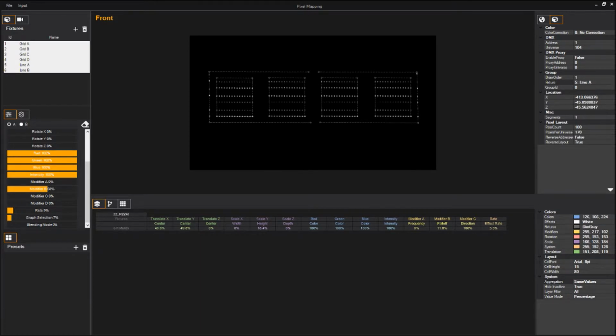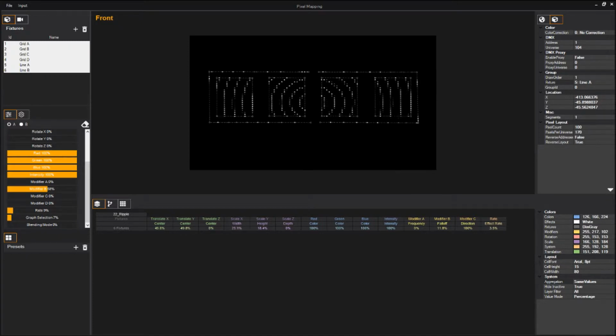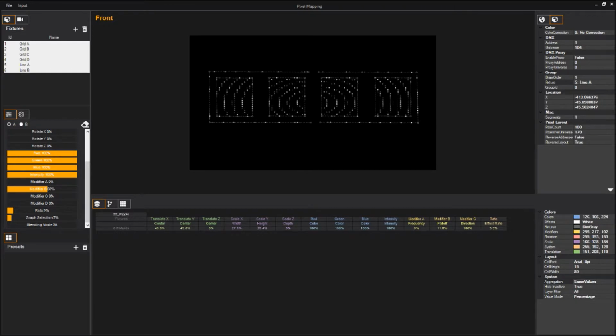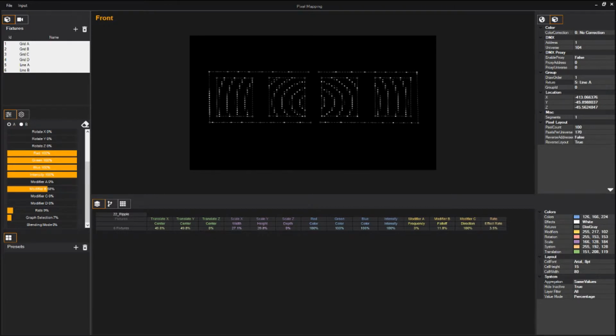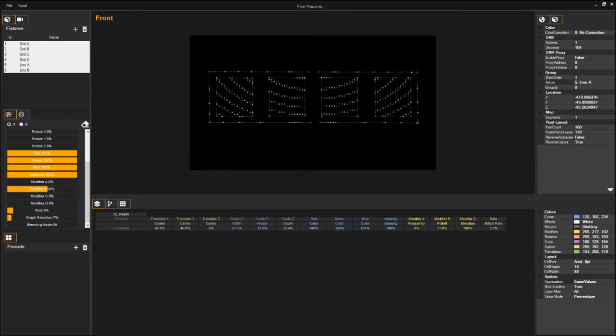And we can take it down to the point where the scale is set to 0 and we're just getting lines, which is kind of an interesting look. We can adjust Y scaling and do the same thing with that. And we can also adjust Z scaling. So if I go ahead and adjust the Z depth,